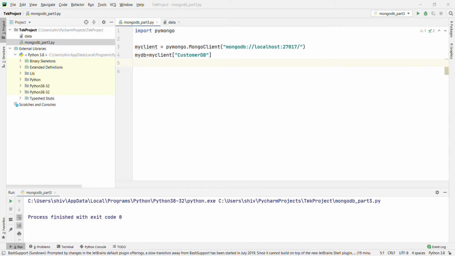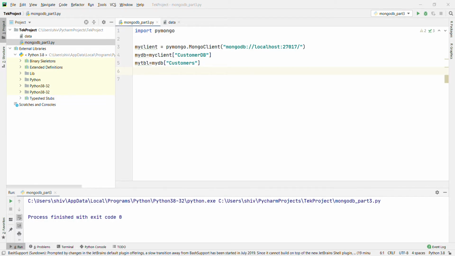After that, we use the table: mytbl equals mydb, the table name is customers.